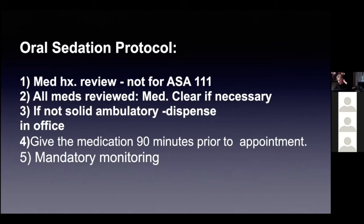You can dispense it either in the office or you can write a script for it. We give the medication about 90 minutes before their appointment. And either they come into the office and they take it right there. And of course, you have to monitor everyone. If there's nothing else I gave you tonight, even though we are here to talk about 4 gems to accelerate your surgical extraction,